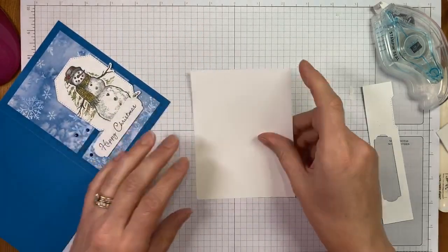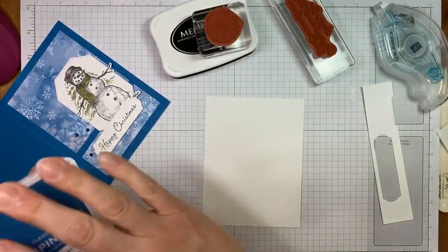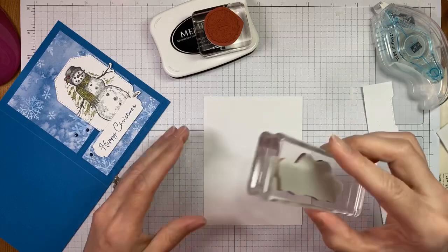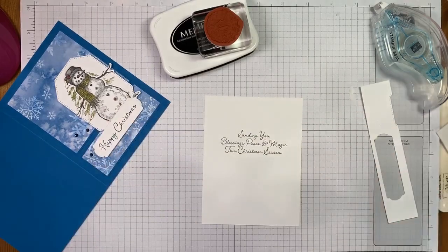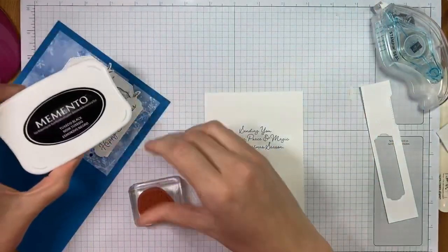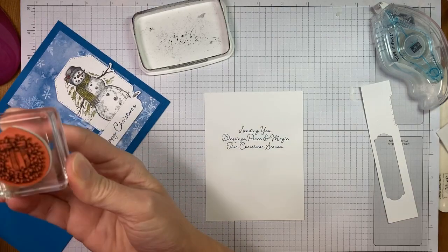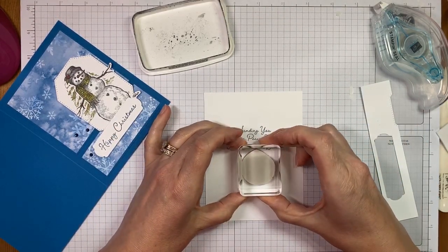The inside of the card I kept fairly simple as well. Just did a little stamping with Pacific Point ink for the sentiment, and then Tuxedo Black Memento ink for the little wreath image. And again, these are both from the Snow Wonder stamp set. I'm going to hope that I get this stamped on here fairly straight, which I think worked. And again, the wreath is going to be Memento Black ink. Stamp it right underneath the sentiment. And while I'm stamping this, getting ready to color it with Old Olive and Pacific Point Stampin' Blends,